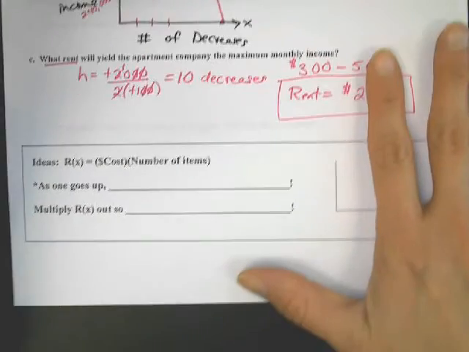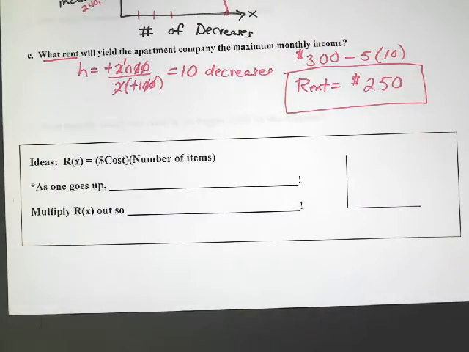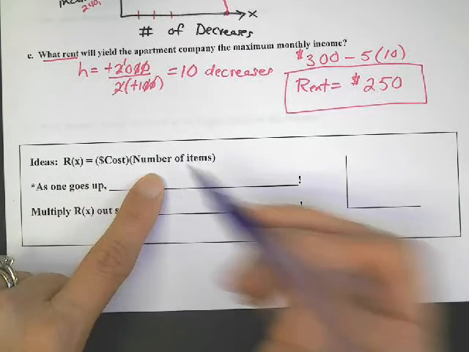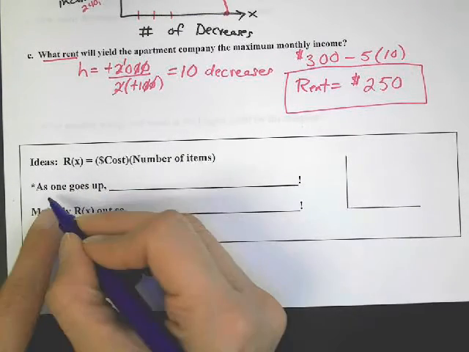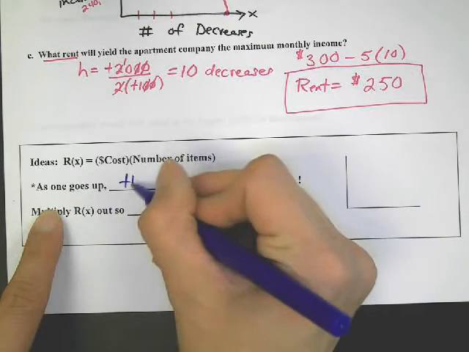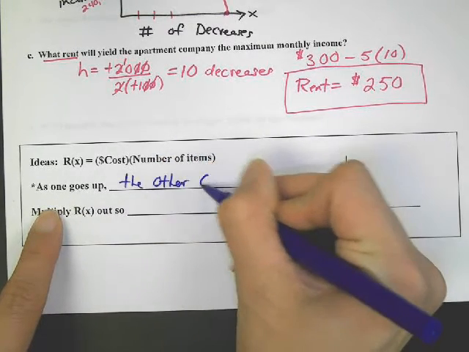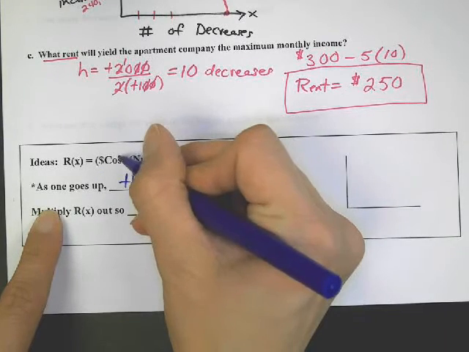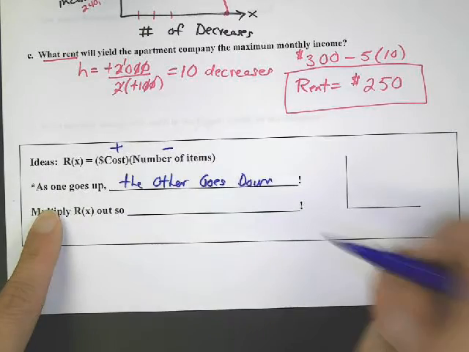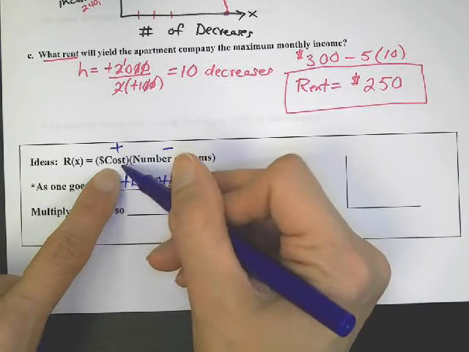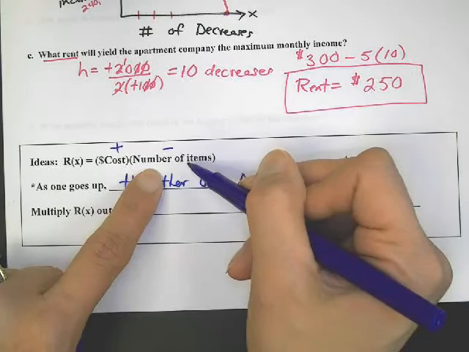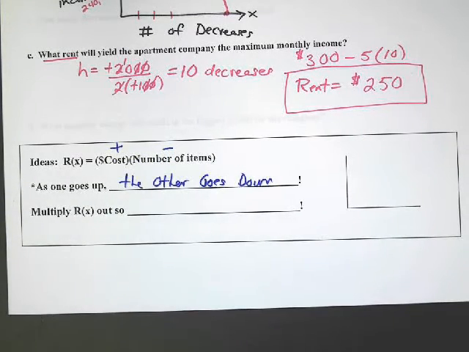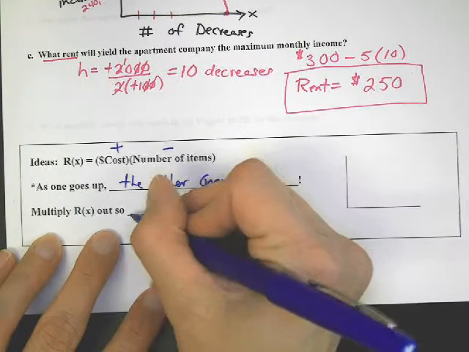So here's the gist of the story when it comes to money. Here's the idea. You have a certain cost, and you have a certain number of items. Okay? And as one goes up, the other goes down. So one of them is going to get a plus, and then one of them is going to get a minus. I make it more money, more money, more money, I lose some people. Or maybe I make the cost go down, down, down, and I get more, more, more people. Okay, you multiply R of X out,